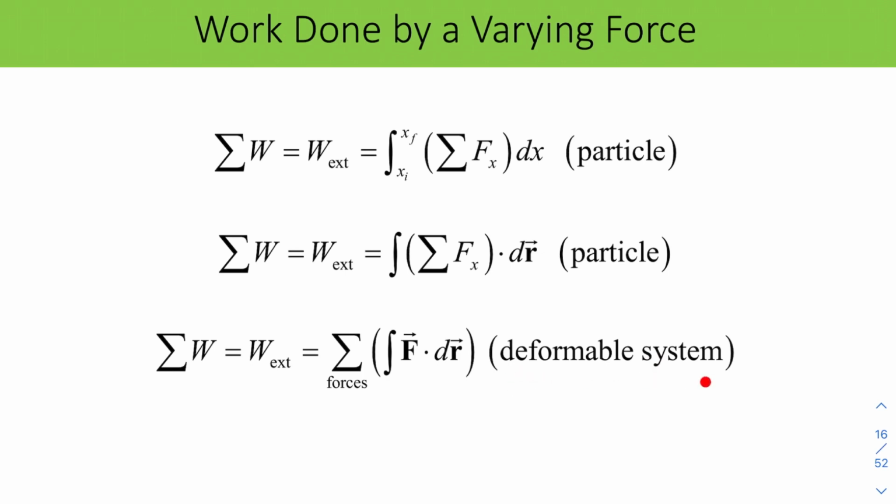So for a deformable system, to calculate the total work done by the external agent on the system, we may calculate the sum for each of the force with respect to the position. So part by part. In other words,